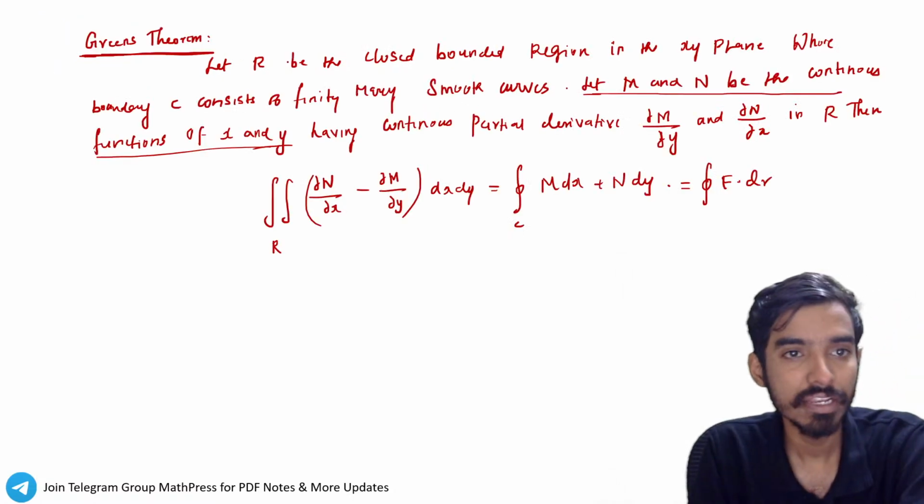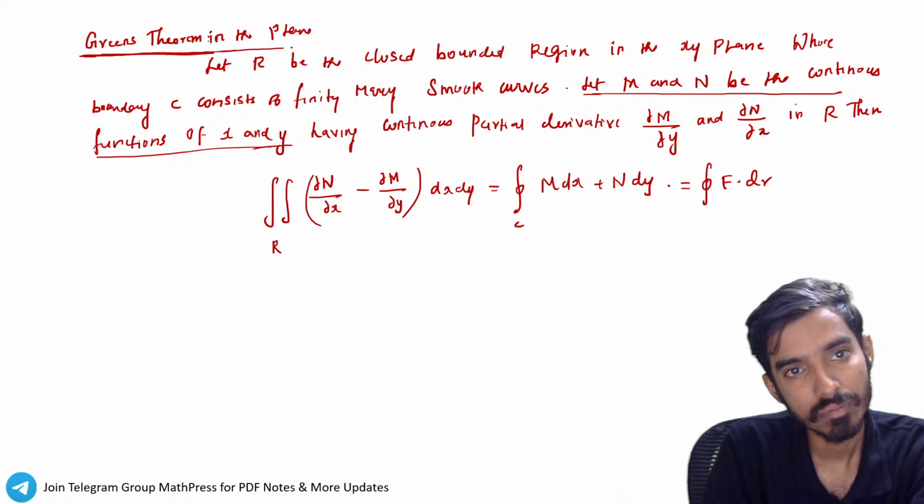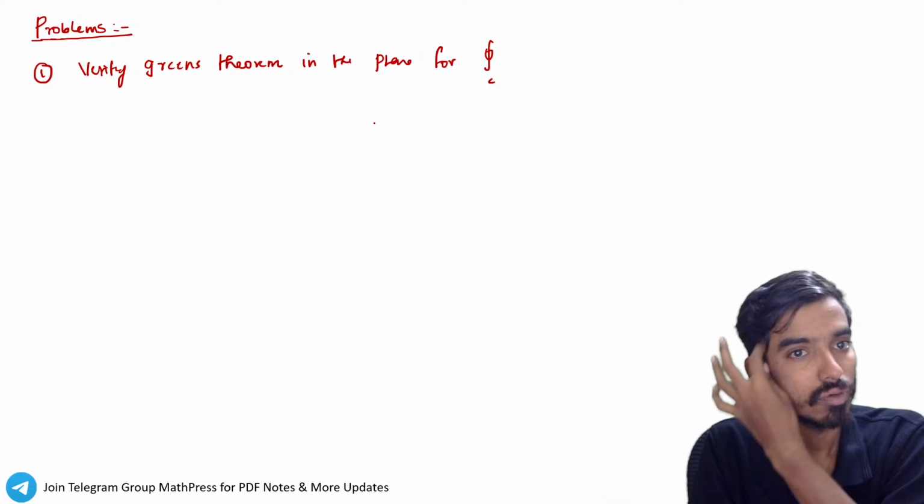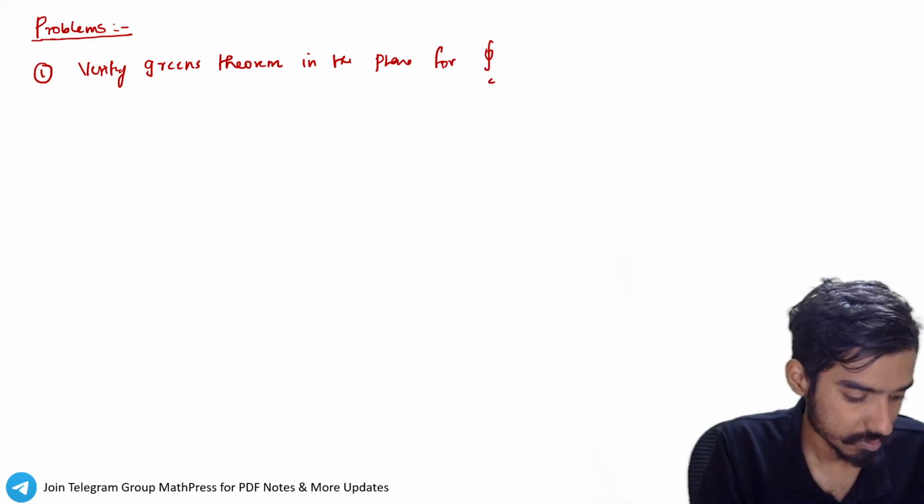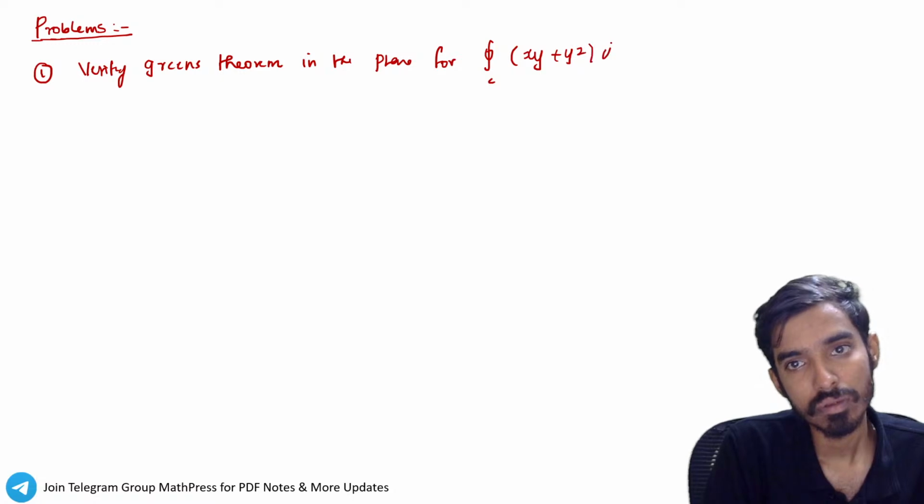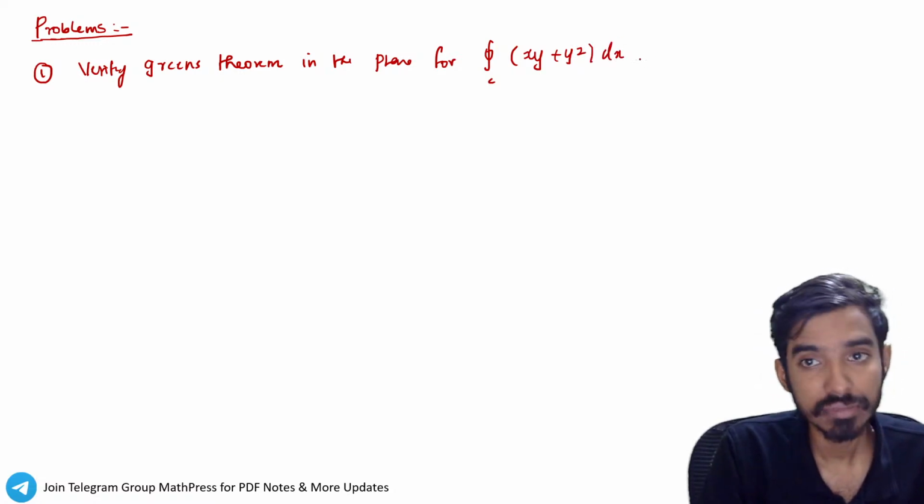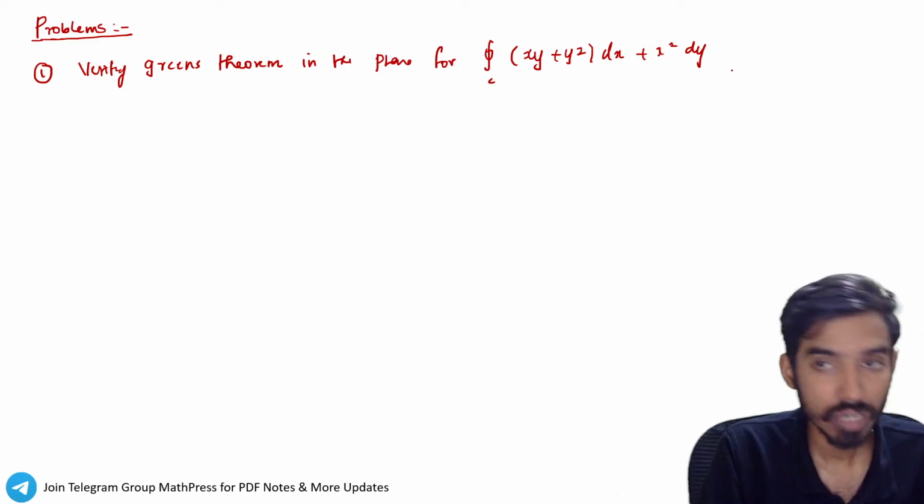Actually, we are defining Green's theorem in the plane, plane XY. So verify Green's theorem in the plane for the integral over C. The first problem that we're going to do is xy plus y square dx, x square dy,